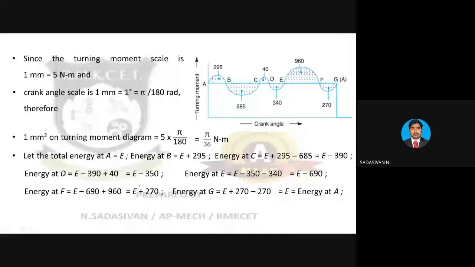Sir, can we consider the value as 0, because it came out equal? Why do we want to consider A equal to E? Correct question. But you see in the y-axis, it is not 0. It is at some value. We don't know this value. It is not 0. 0 is here.